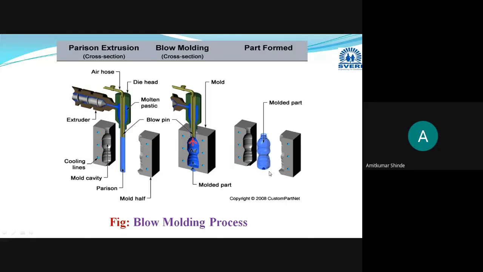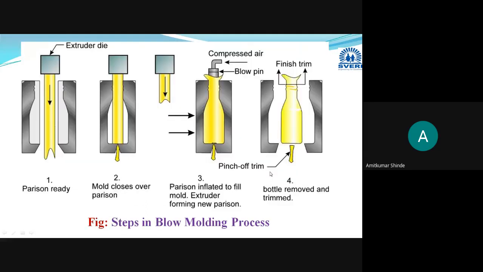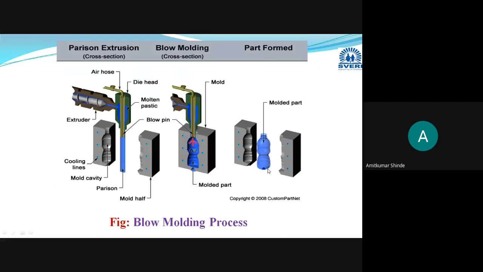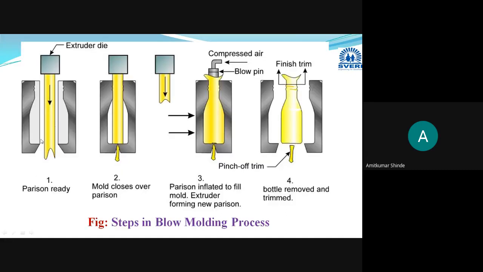In this way, when this blow molding is performed, the same stages I have just highlighted are shown here, but with the help of a plastic bottle. Same stages, I will explain it again. Parison is taken. Then that parison is placed in the mold cavity. That mold cavity is closed. Then, with the help of this compressed air,